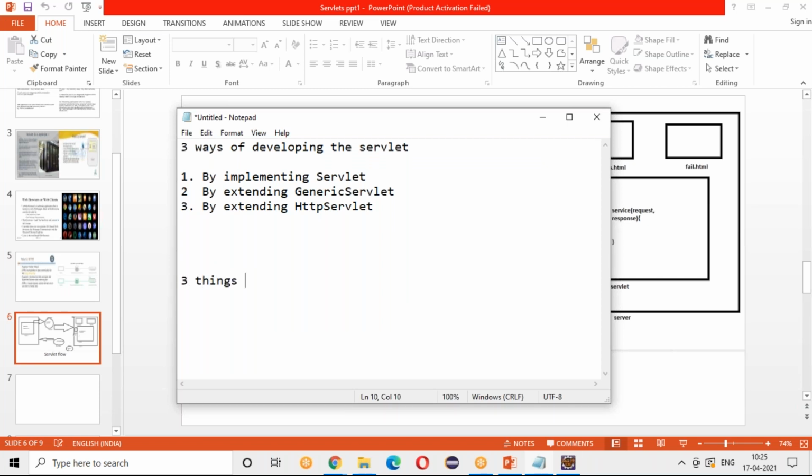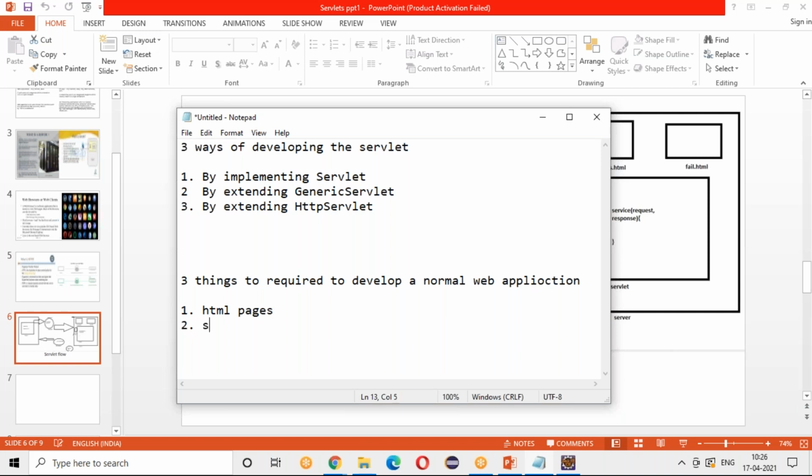Three things you require to develop a web application, like you need three kinds of files. One is HTML pages where you will see text boxes, Gmail and all these things, right?